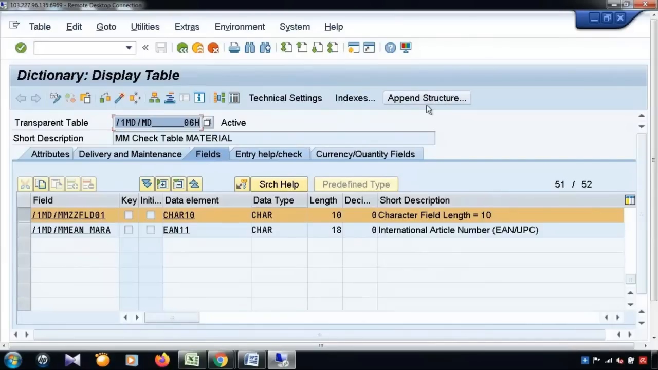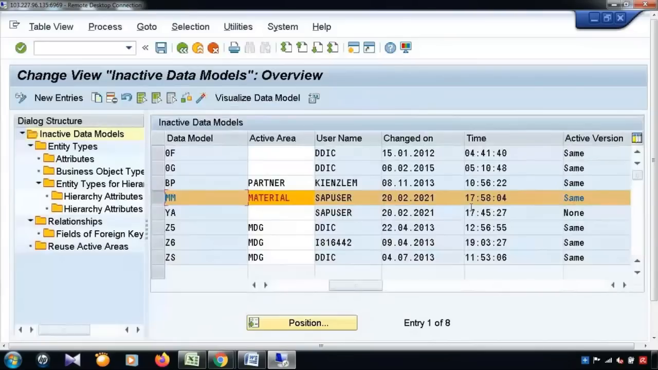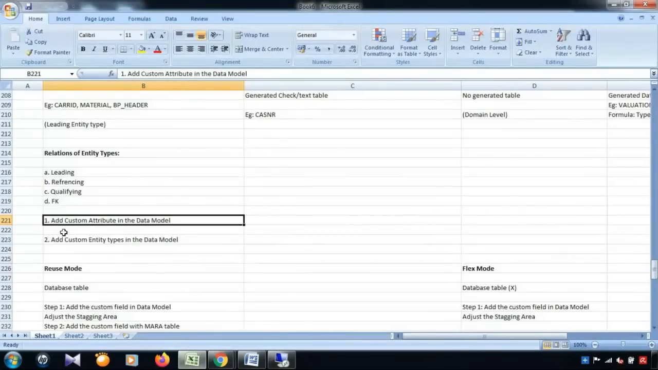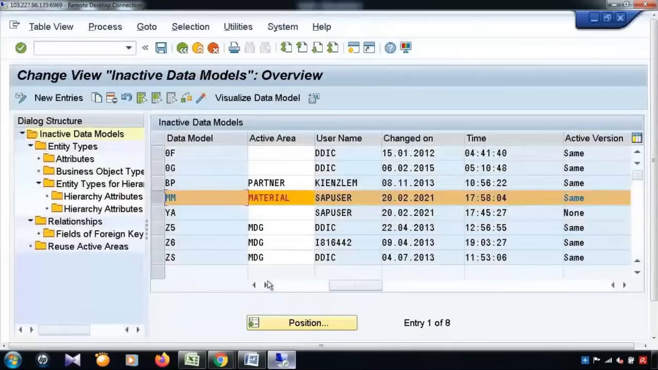Okay, so this is one continuous activity. Now the question is, when we are going to add a custom attribute in the data model, the next question which will come is: this field has been added in the data model, but is this field really necessary in the database table? Does this field value really need to be available in the respective database table,